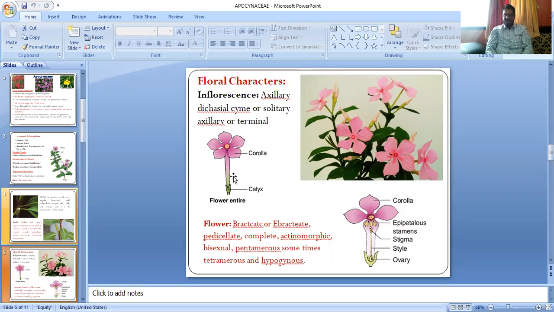So the flower is bracteate, sometimes ebracteate. It is pedicellate, complete, actinomorphic, bisexual, pentamerous, or sometimes tetramerous, and they are hypogynous. Then we have to see